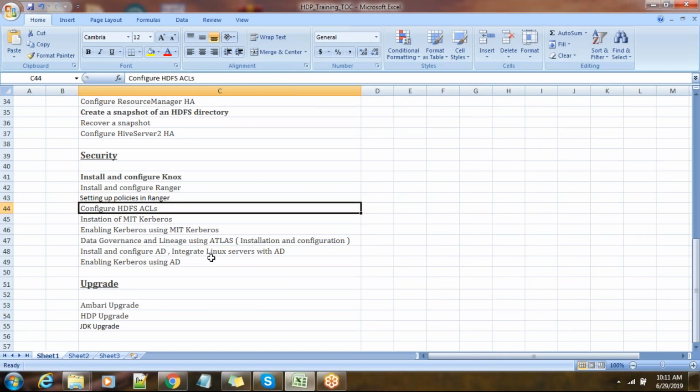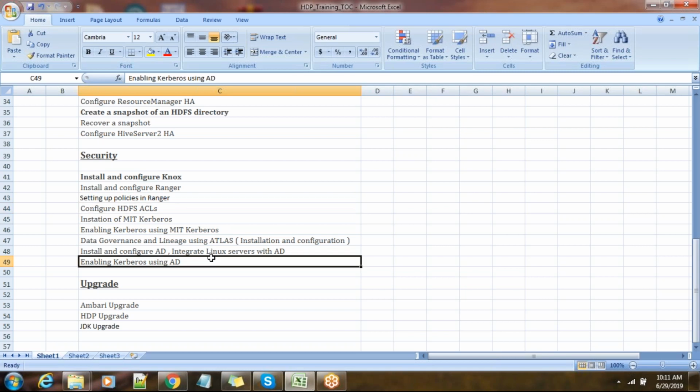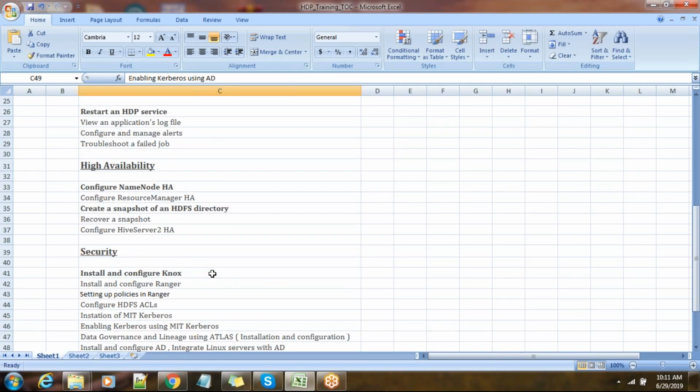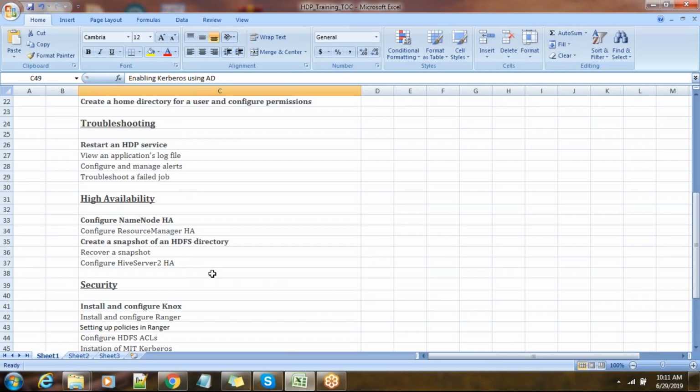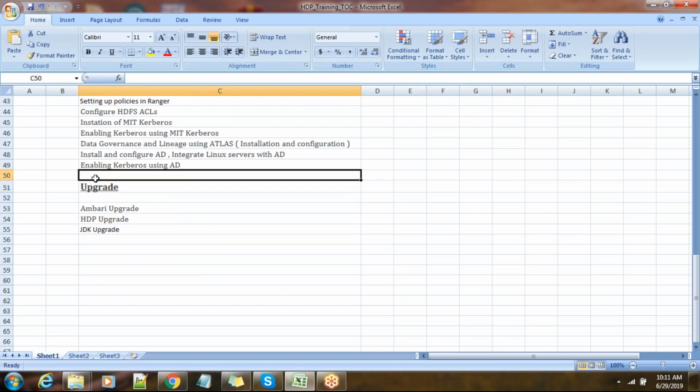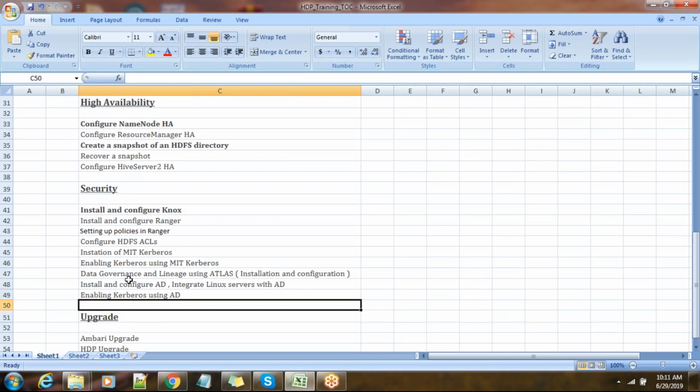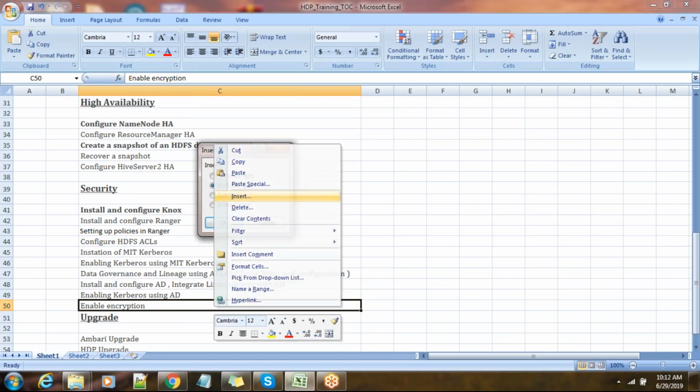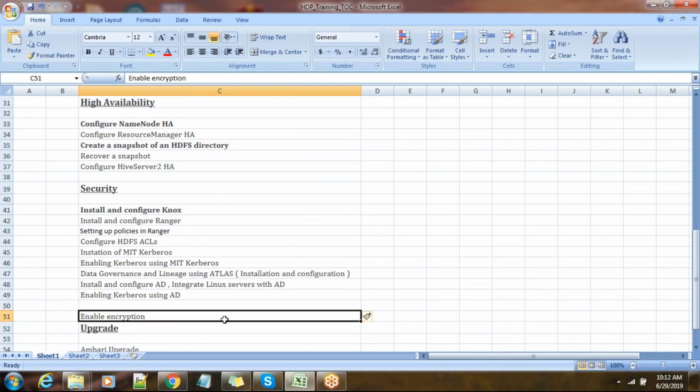Kerberos, ACL. Yeah. Do we have a KMS or KTS and HDP? Yeah, okay, that also we will. Okay. Enable encryption. Okay, so encryption is there.